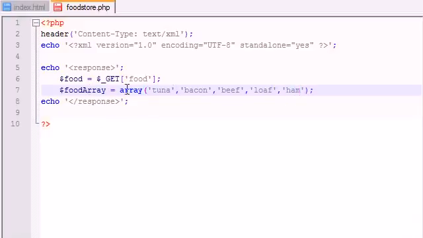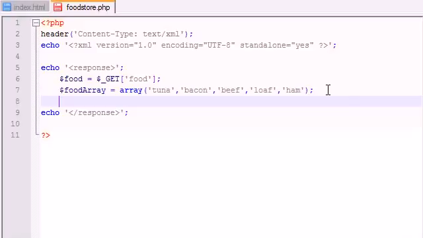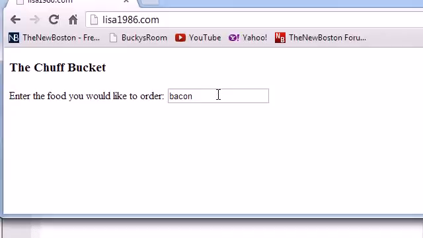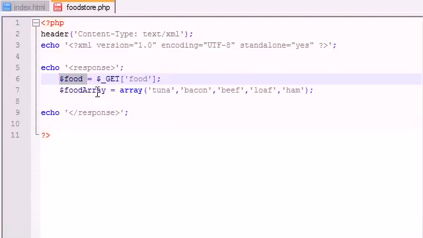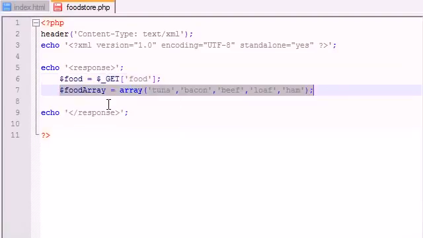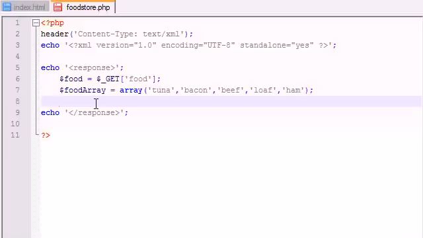So again, usually what you would want to do is look at your database and see what foods or items you were offering the customer. But right now, I'm just going to store an array just for a demonstration. And now what we can do is test, okay, if this food they got, for example bacon, we want to see if it's in our store, if it's in our food array. So in order to do this, just go ahead and make an if statement, and the function to do this is